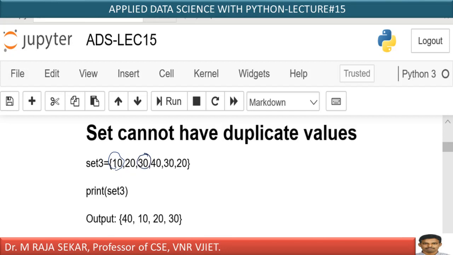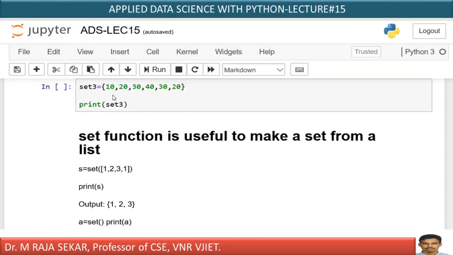Here I have 30. Here 20 is repeating. But if you display the elements of the set, how can I display? Print the set name. What is my set name? The set name is set3. If you display the elements, it will not display duplicate values, isn't it? That's what this example says. If you print set3, duplicate values cannot be displayed.